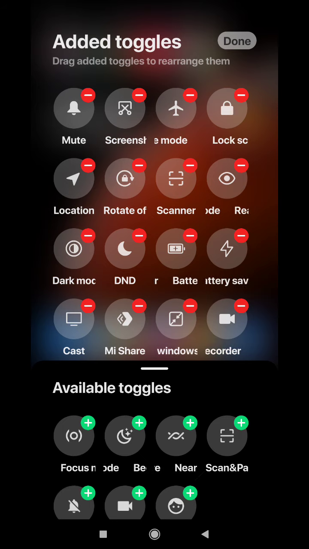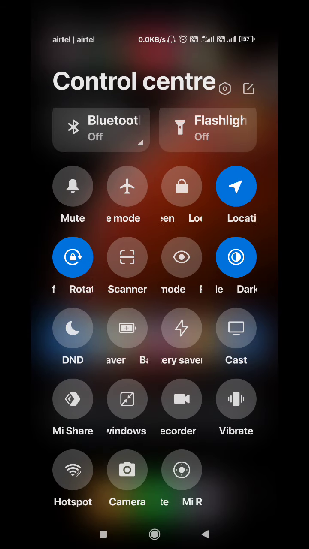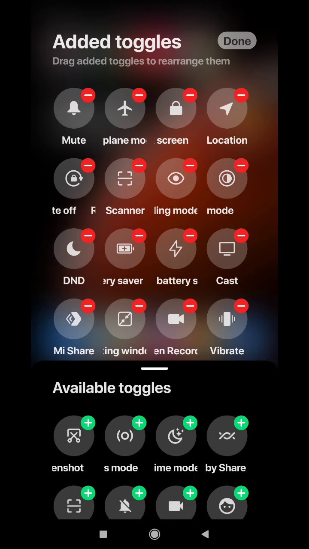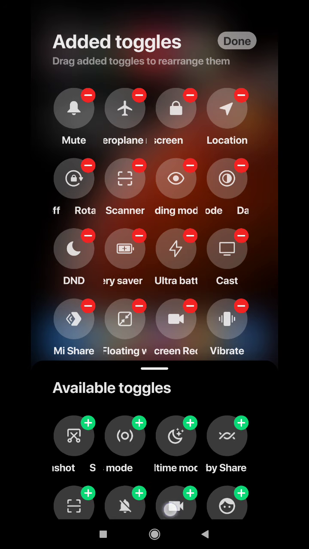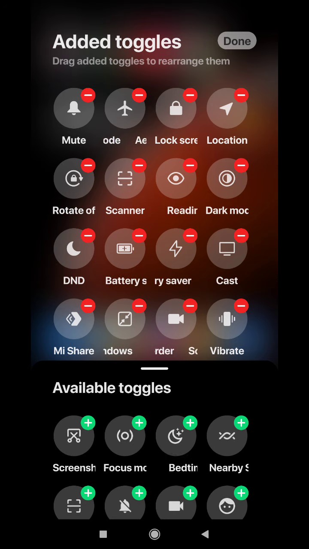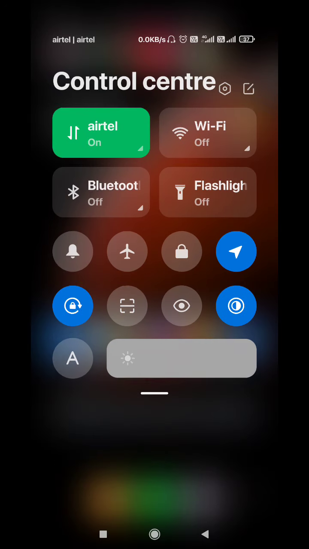So for example, if I remove this, if I click here and remove and done, then you can notice there is no such icon available. Again I am clicking this edit icon, and then you can notice that in the available toggle section the screenshot is available. You can see here. So if you want to add that particular toggle, then just click here, means screenshot, then just click this plus icon and then that is taken, and just click done, and now you can notice that this icon is available